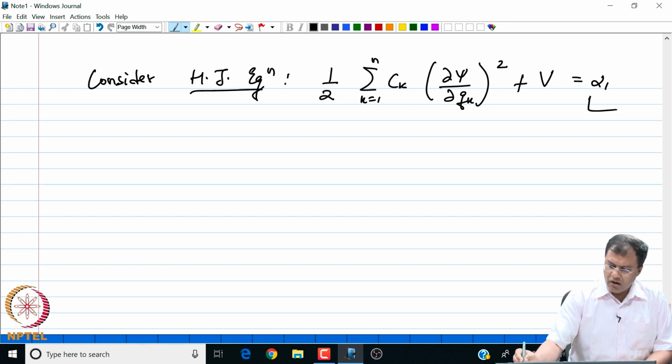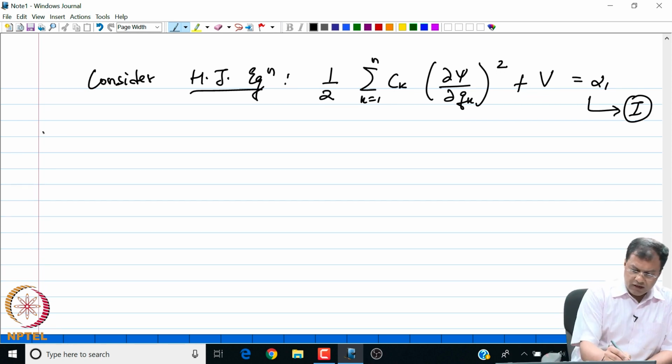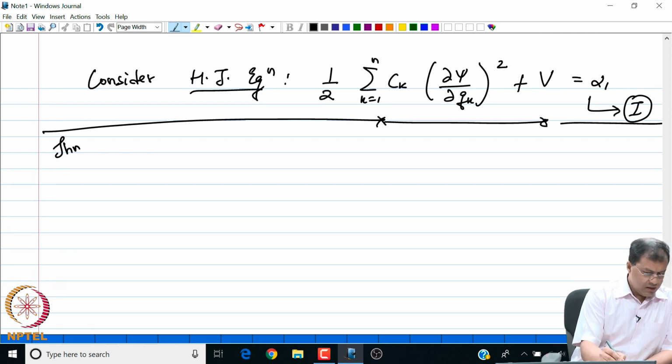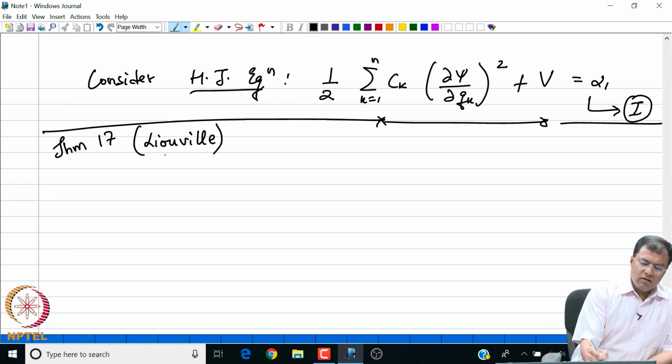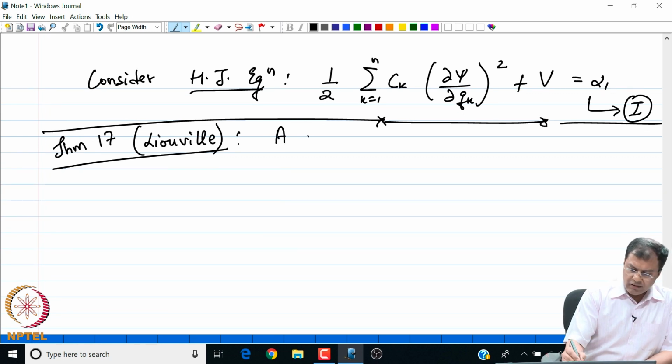Okay. So let me call this our expression 1. The first result by Liouville, my theorem number 17, is the theorem by Liouville, or the result by Liouville. This is for a two-dimensional problem. It says that a necessary and a sufficient condition